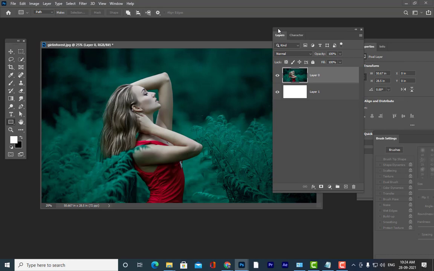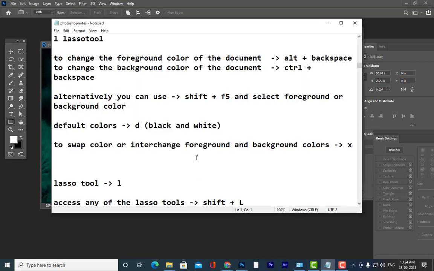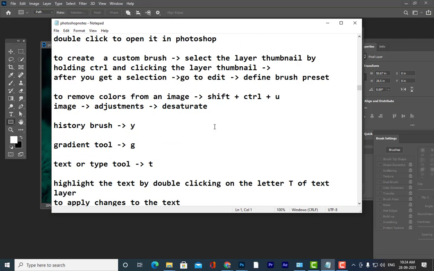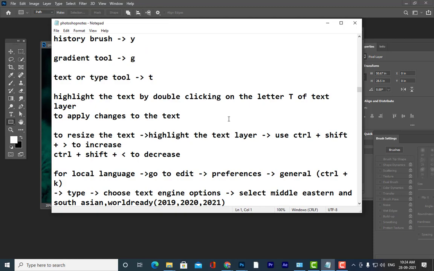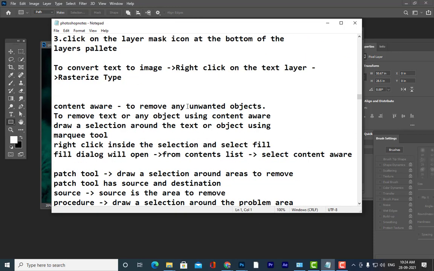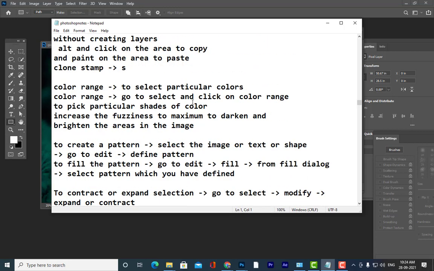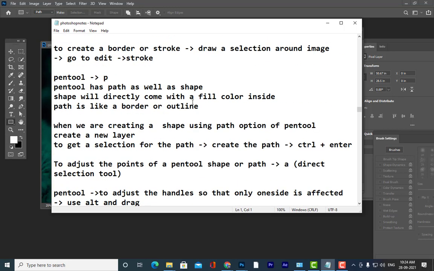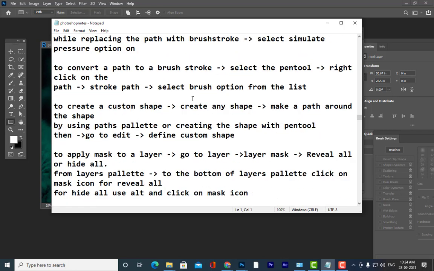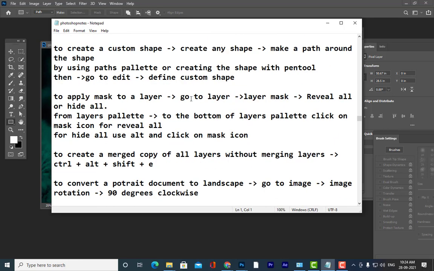This time I'm going to apply vector mask. I will show you the notes for the vector mask, and all of you can take a screenshot of it, or if you have patience you can write it down. So let me show you here. Everybody can see my screen, right?